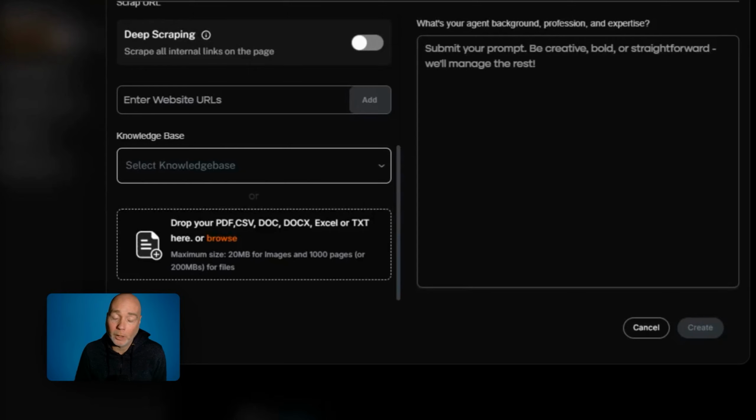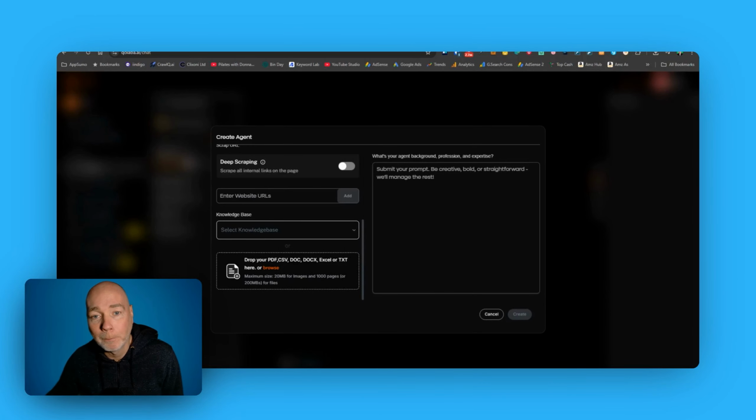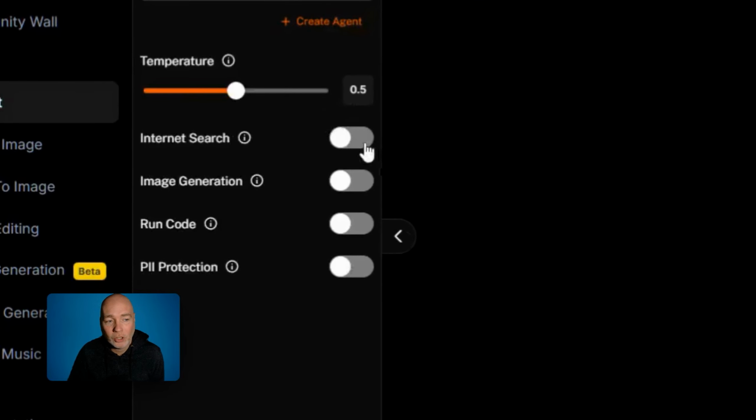So that could be a knowledge base about your offers, or maybe about how your product works, so that when someone comes in, maybe a new member of staff, instead of asking you loads of questions, they can come and ask this chatbot, and it will hopefully be able to help them out. I don't see a way of exposing this externally, so this isn't a chatbot agent for your website, it's just for internal use. Down the side, you've got temperature, internet search enabled, image generation enabled, you can run code, and you've got this,